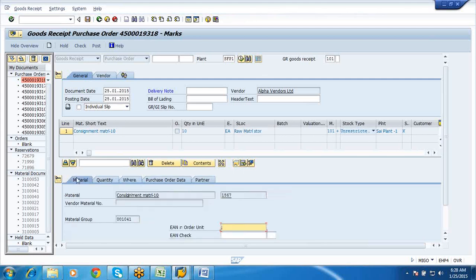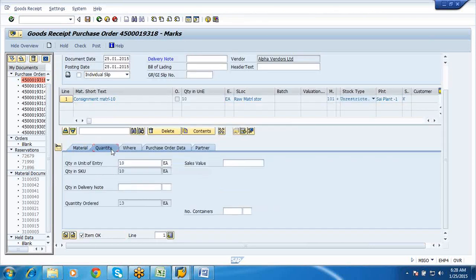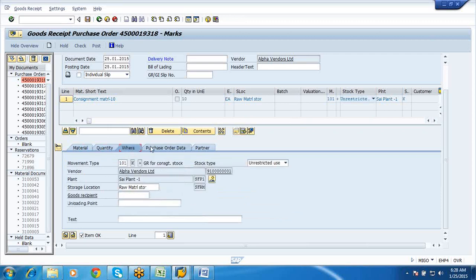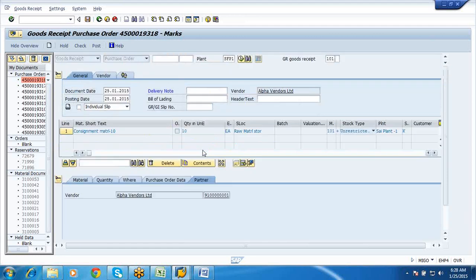Okay, so here material, this is item, quantity, where, purchase order data, partner. Now let me just hold on, I'll just click on check button now.